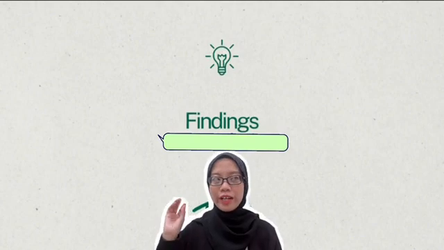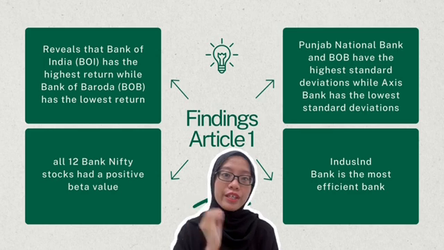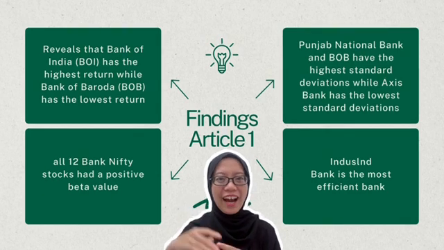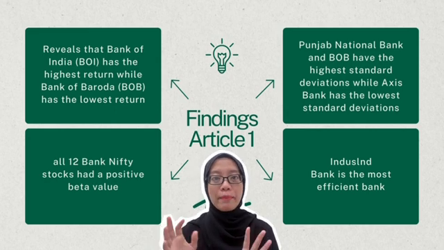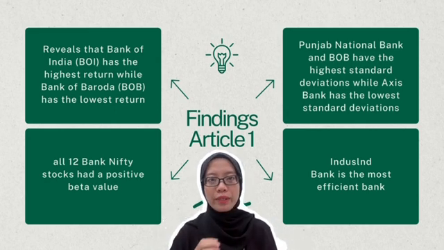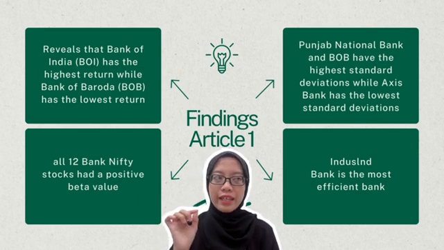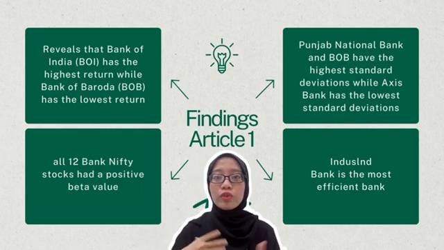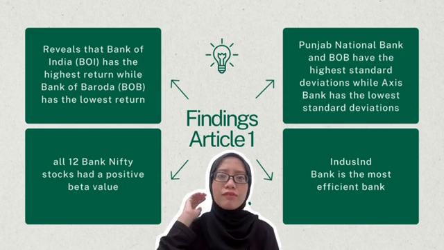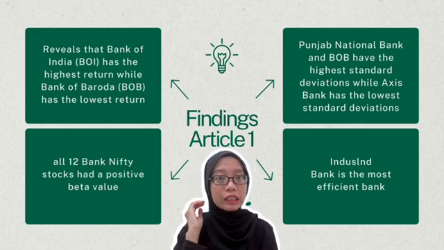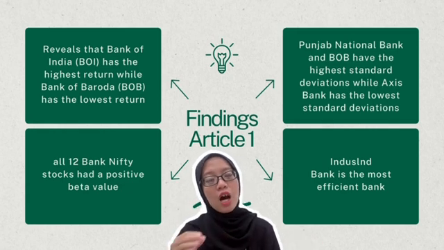Okay, move on to the finding. So for Article 1, the study revealed that Bank of India, BOI, has the highest return of 61.04%, while Bank of Baroda, BOB, has the lowest return of 3.87%. So the study also revealed that Punjab National Bank and BOB has the highest deviations, indicating the highest risk. Meanwhile, Axis Bank has the lowest deviation of